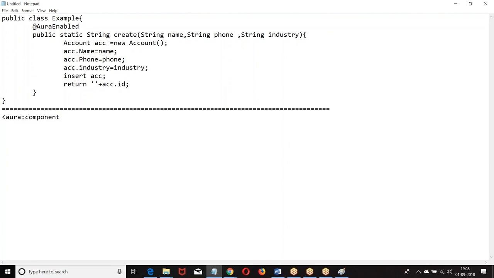component, then implements. You require lightning card.